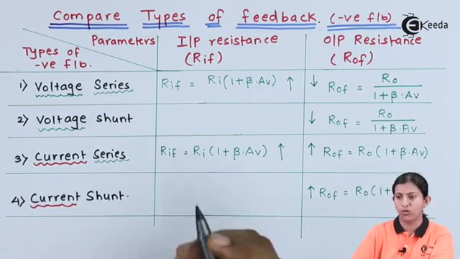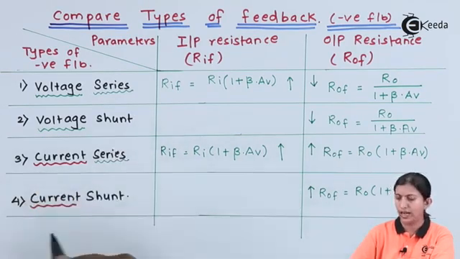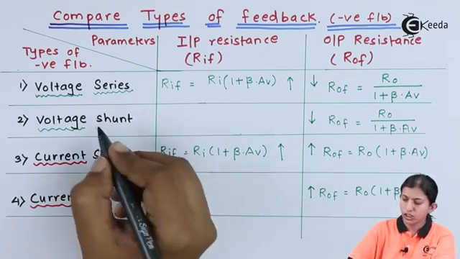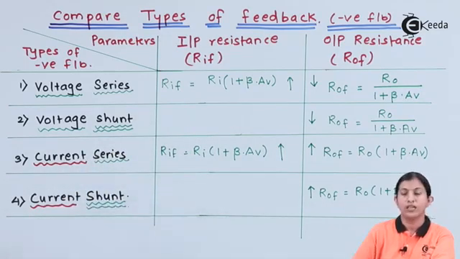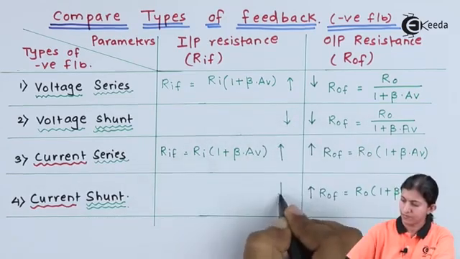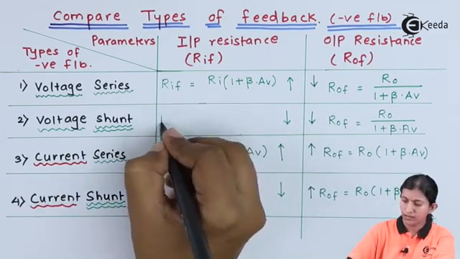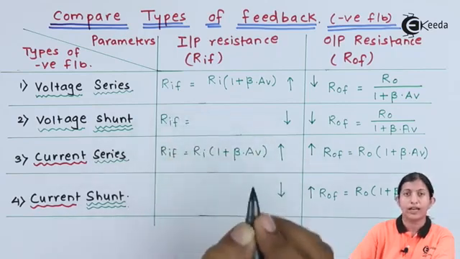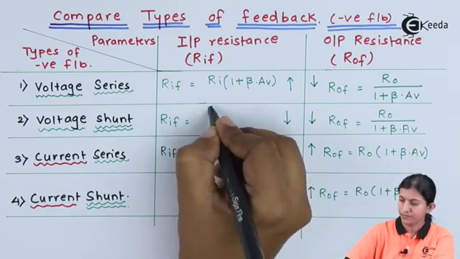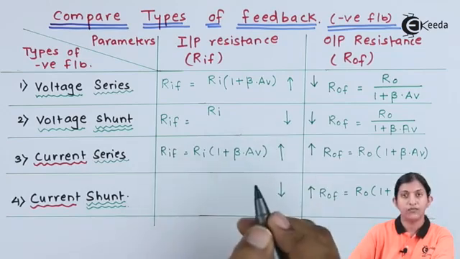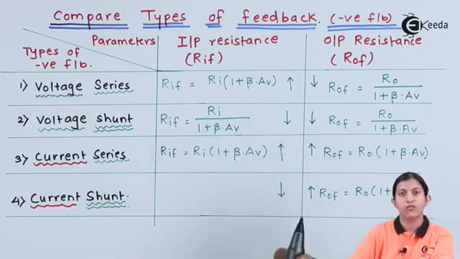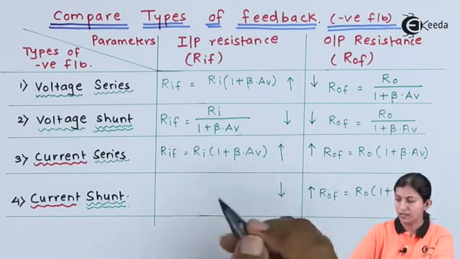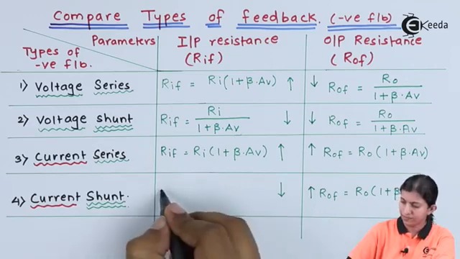Now we will think about what happens for voltage shunt and current shunt. When it is shunt connection, the input resistance value decreases. So the equation is RIF is equal to input resistance without feedback divided by 1 plus beta times AV. Similarly, for current shunt,